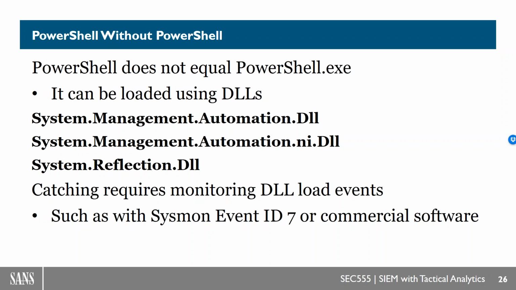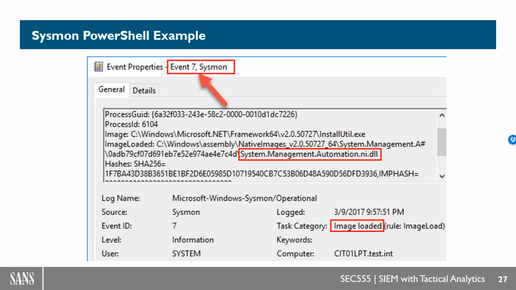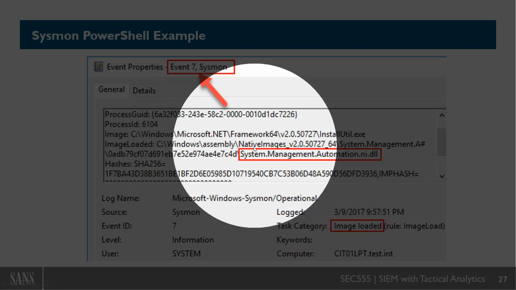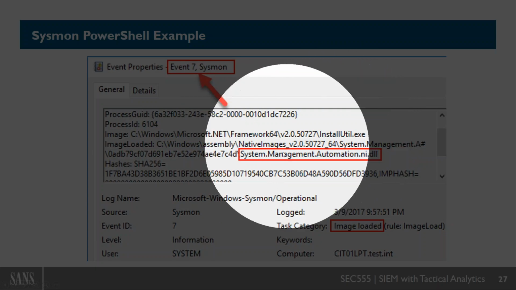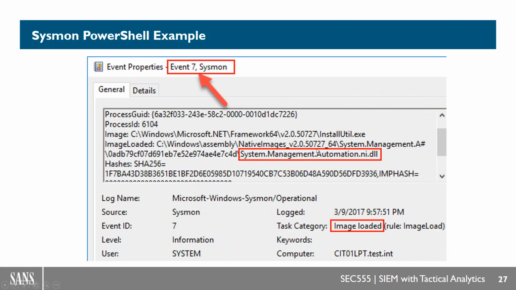Sysmon, which is a free tool from Sysinternals, Mark Russinovich's team wrote this, fantastic. You can deploy that and specifically look for event ID 7 that is not from PowerShell.exe. You can actually state, don't monitor any DLLs whatsoever except for these three and only when they're not from PowerShell.exe. It can do its own filtering. Effectively, you could deploy this with no logs being generated unless someone's doing something evil. And then you get this. Now I'm seeing in here, we see InstallUtil.exe was what was invoked, and it's what's loading the DLL that allows the attacker to use PowerShell. So it's a tricky way of invoking it.